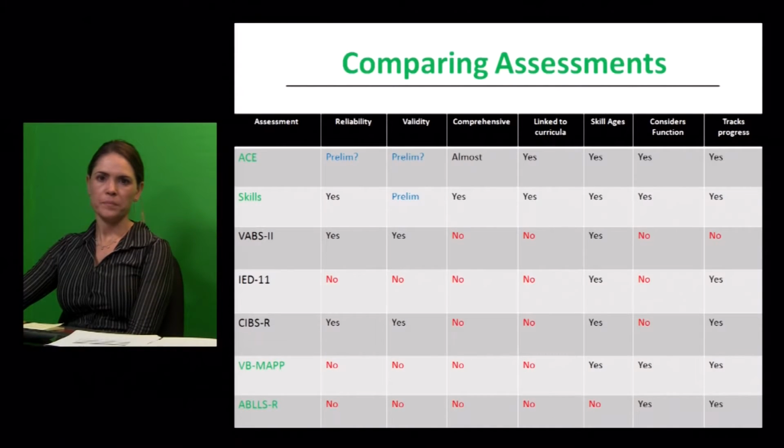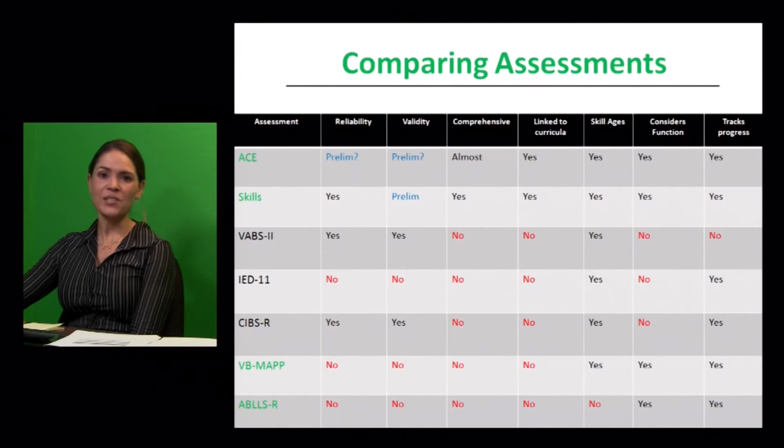And so what I'm providing to you here is a chart, and we have the assessments that came out on top from the Gould paper. So that included the Vineland Adaptive Behavior Scale, the BDI, the Brigance for Early Development, the CIBS, the Brigance for Academic, and then I have the VB-MAPP and the ABLES. But I've also included ACE and Skills because they were not available back when the Gould et al. paper came out. In green on the left-hand column, I have highlighted all of the